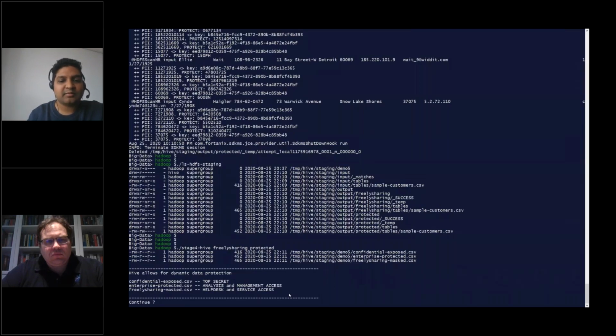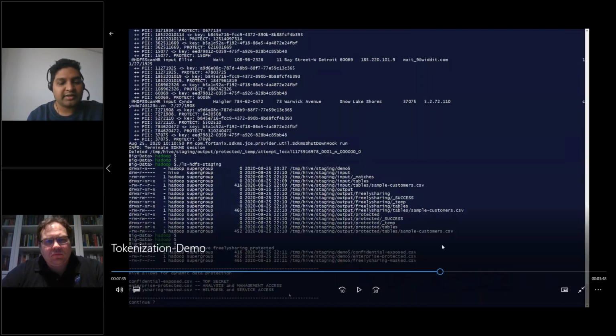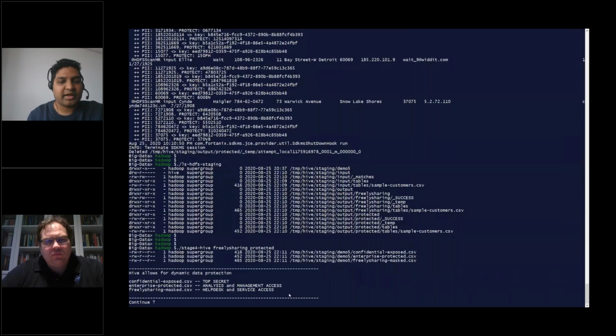And you can use the role-based access of Hive itself, because the freely shared masked version is all redacted, nothing sensitive. I can share it with anybody. But enterprise protected is not fully redacted, it has tokenized data, so I can give it to some set of people. If you see the guidance over here, confidential expose.csv is top secret. Only a few people should have access to it. Enterprise protected should be for analysts and people with management access. But freely shared data can be shared with anybody, help desk, customer success, customer service team, because it does not have any